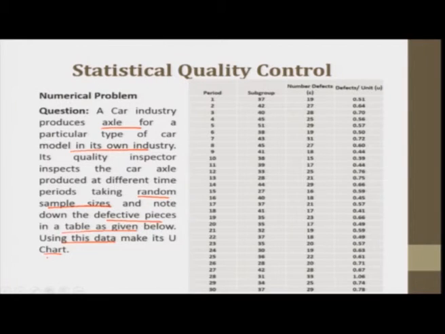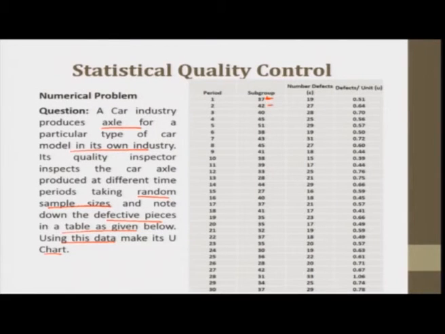So what they are telling that number of axles are produced, it just pick the random size of axles. In the previous C chart, we had one full automobile, and we were trying to look the defects, the total defects which are noted down at the end while we are dispatching that. So here what he does, he first picked 37 axles, then he picked 42 axles. Out of 37, he finds that there are 19 defects, and out of 42, they find that 27 defects are there. So we calculated defects per unit, which is nothing but 19 by 37. Okay, 0.51 is 19 by 37. 27 by 42 comes down to 0.64.